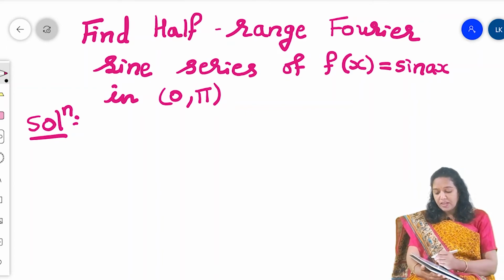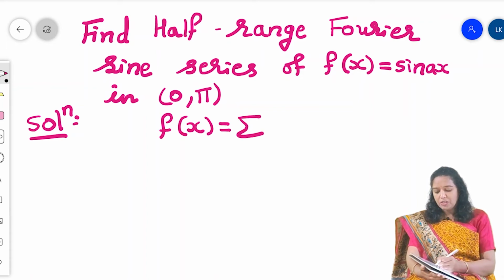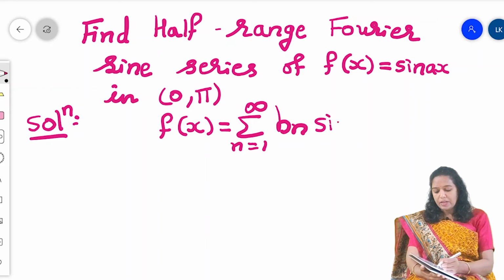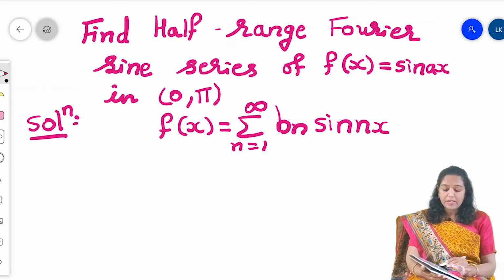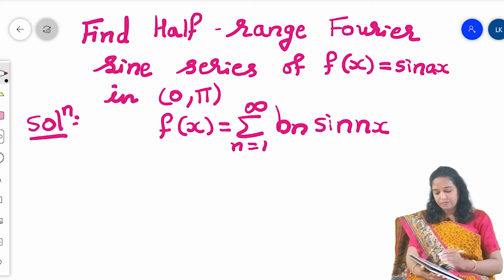For the half range sine series, the formula is f(x) equal to summation n equal to 1 to infinity bn sin nx. Actually, if we write sin(n pi x upon L) and put L equal to pi, pi cancels, that is sin nx,